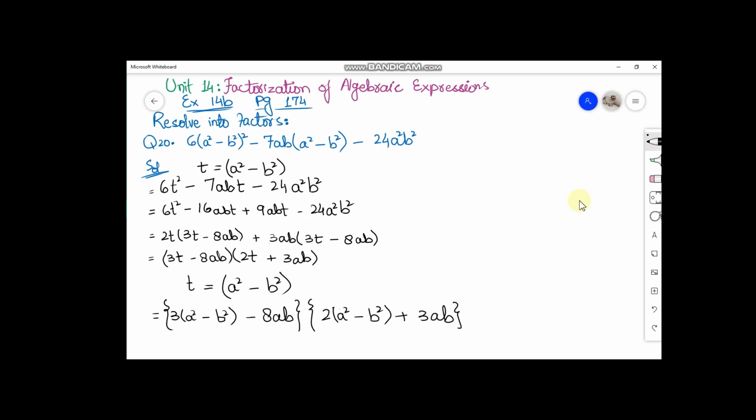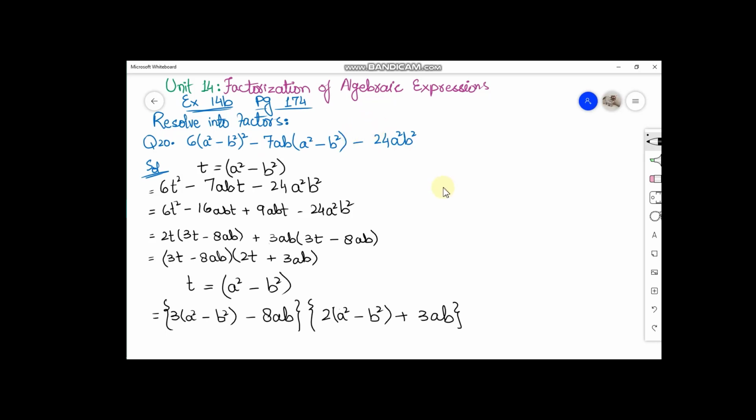Okay students, since you know that the basic question is to resolve into factors, for that purpose we have to break the middle term. All of you remember that we have to break the middle term as we have seen in the previous videos. So for breaking the middle term we need to take the help from the last term, but if there is any coefficient available in the first term, then we need to multiply the coefficient of the first term and the coefficient of the last term along with their sign to get the new factor.